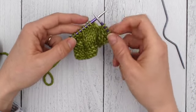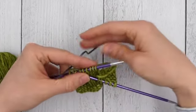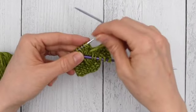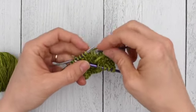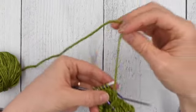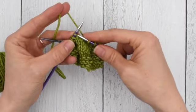So we've got our 4 knit stitches here. A lot of this is just like a 2/2 cross. You're going to take your cable needle, slide 2 stitches onto the cable needle and let those hang in the back. Now we're going to knit the 2 stitches from the left needle tip,